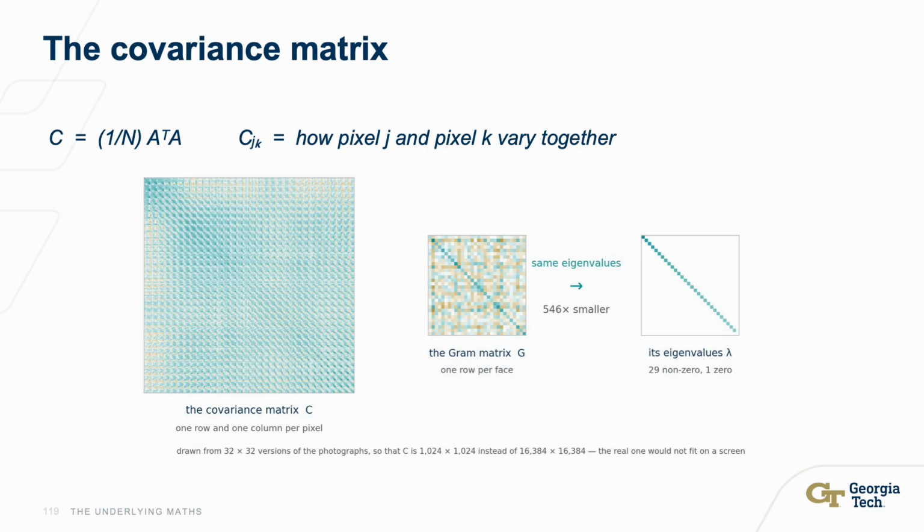One property matters more than any other here. C is symmetric and it is positive semi-definite. That guarantees a full set of mutually orthogonal eigenvectors with non-negative eigenvalues. That guarantee is the reason PCA always works. There is no initialization, no convergence, and no local minima to get stuck in. For scale, this matrix has 268 million entries and almost every one of them is redundant. Its rank is 29. And that is the same statement as everything else in this section, written in a different